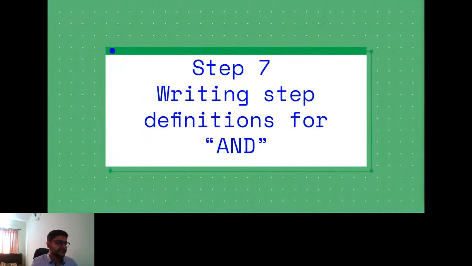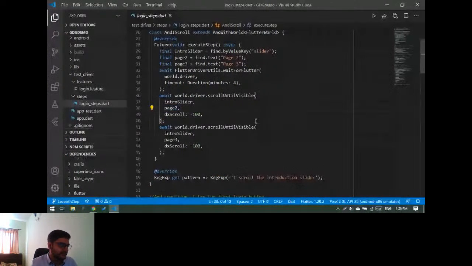त स्क्रोल अन्टिल भिजिबल भनेको चाहिँ यसले एउटा स्क्रोलेबल विजेट लिन्छ जस्तै अब पेज भ्यू भनेको एउटा स्क्रोलेबल विजेट हो, लिस्ट भ्यू भनेको स्क्रोलेबल विजेट हो। त्यो स्क्रोलेबल विजेटको फाइन्डर लिन्छ हामीले माथि क्रिएट गरेछौँ अनि त्यसपछि त्यो विजेट भित्र यो सेकेन्ड विजेट भेट्टाउन्जेलसम्म स्क्रोल गर्ने भनेर इन्फर्मेसन दिन्छौँ हामी। कति स्क्रोल गर्ने त, नेगेटिभ एक्स एक्सिसमा 100 पिक्सल्स स्क्रोल